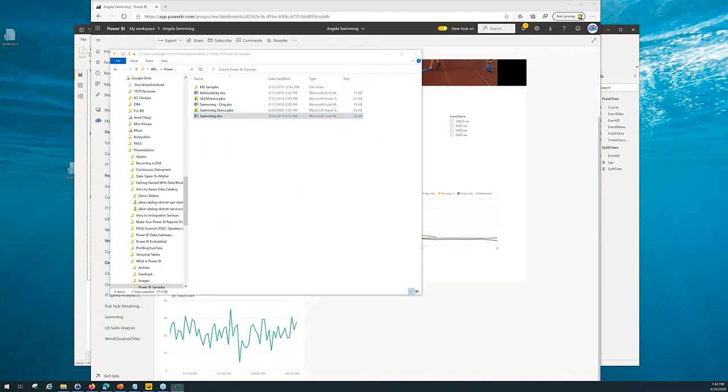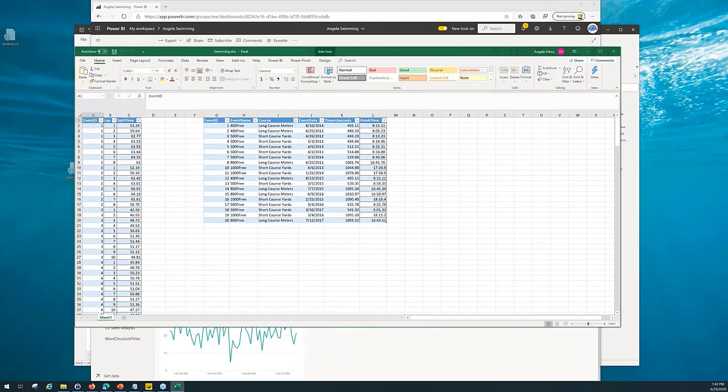So I'm opening up my Excel spreadsheet. It's just a really simple spreadsheet right here. I have it formatted so that they are in tables. So remember we were talking about that event ID and how it lived in both tables. That's how Power BI Desktop was able to infer that relationship. And if you don't like the relationships that it creates or that it thinks are correct, you can actually go in and change them or delete them. Completely up to you. So that's my spreadsheet.